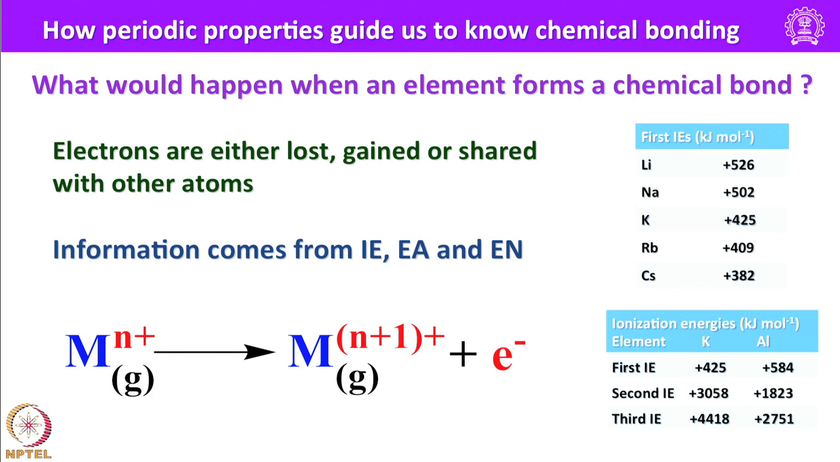So, in the second table I have shown the 3 ionization energies for 2 elements, one is potassium, one is aluminum. The first ionization energy for potassium is 425 kilojoules per mole, whereas for aluminum it is 584 kilojoules per mole. That means essentially the one valence electron that is present in potassium is removed with ease, that is the reason the value is much lower, whereas in case of aluminum the situation is the same, we are